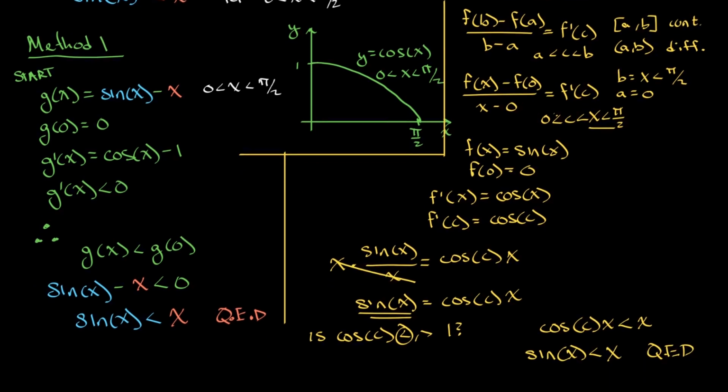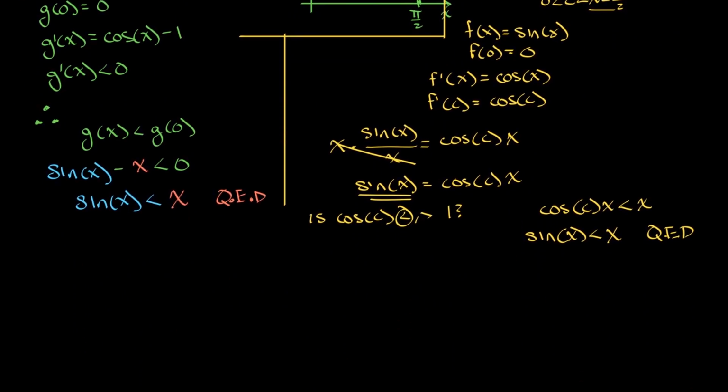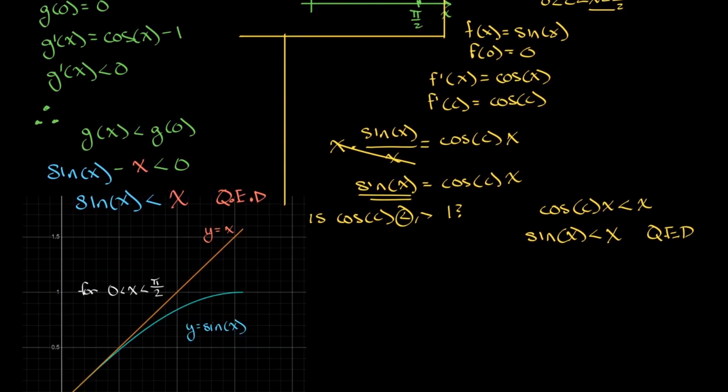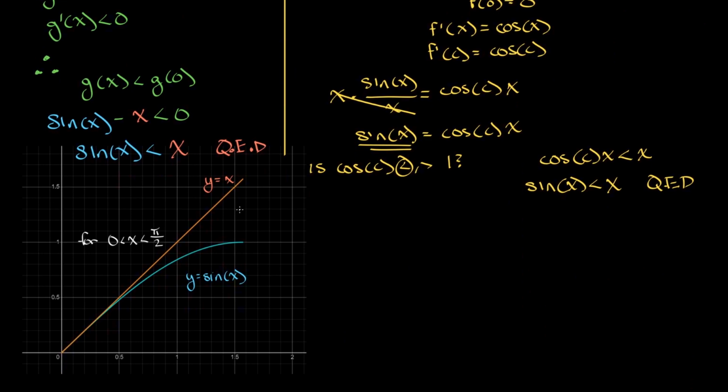But before you go, I wanted to give you a graph. So that is the graph of our two functions, and you can see that y is equal to x is greater than y is equal to sine of x on this